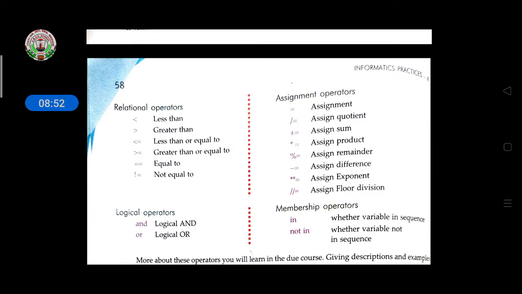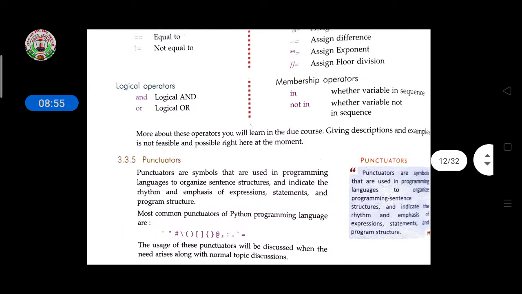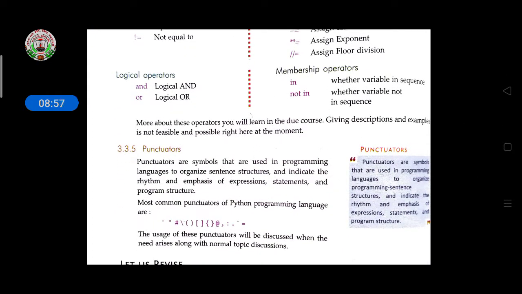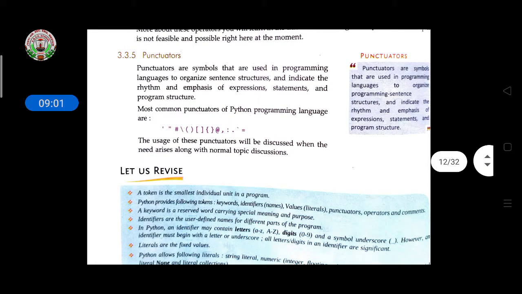Then less than, greater than, logical operators, and membership operators also. Then punctuators: quote, double quote, hash, slash, curly bracket, at the rate. These are known as punctuators.